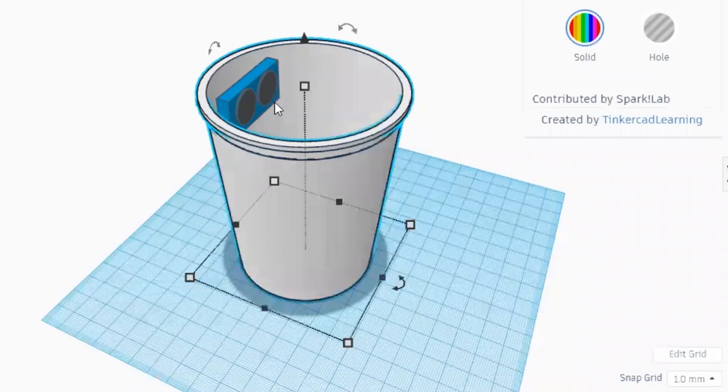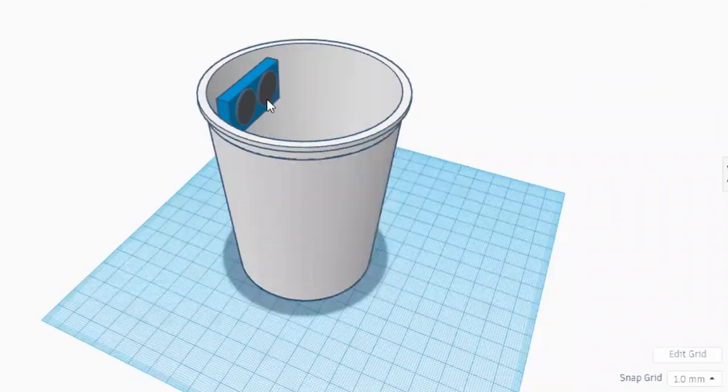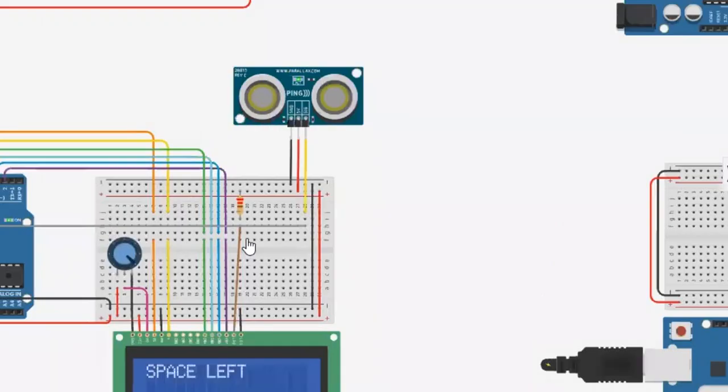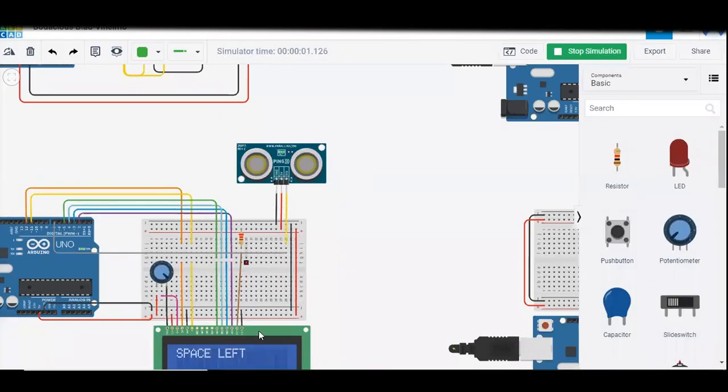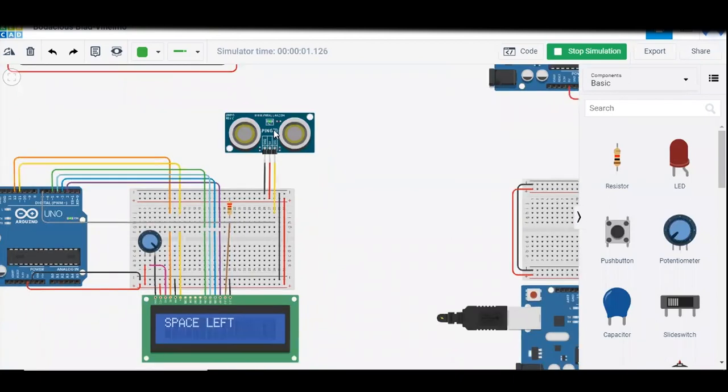When the dustbin is full, the garbage will come in the range of the ultrasonic sensor, and as soon as it senses that the garbage has come in the range, it will print on an LCD that it is full. Right now it's printing space left because I've set the limit of 15 centimeter, and this is 101.5 centimeter. Now if I bring this